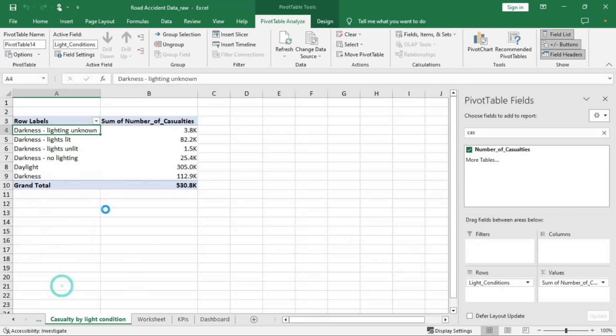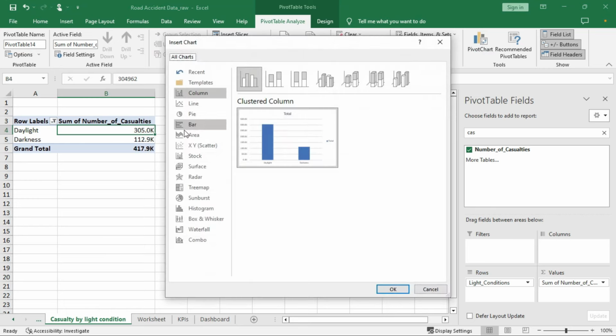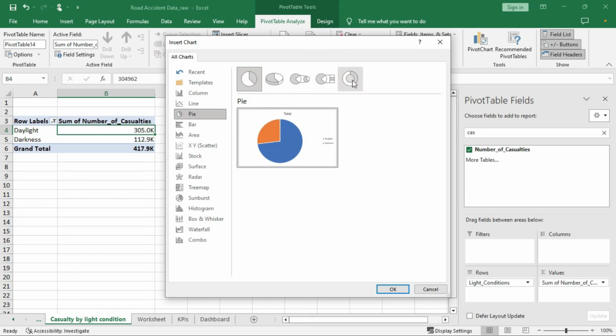We want to look at daylight versus casualties depending on daylight versus darkness. So I'll use a donut chart for this. Okay,